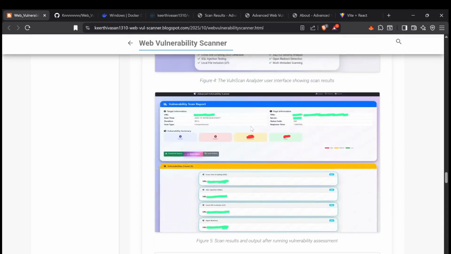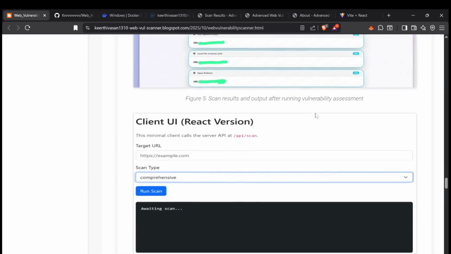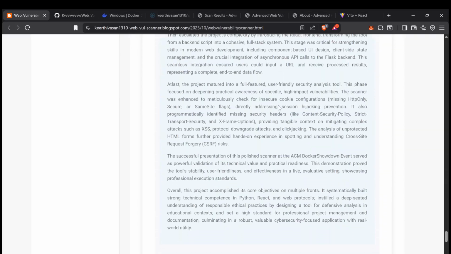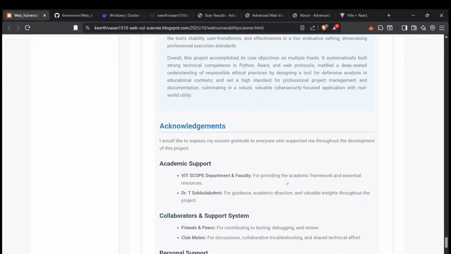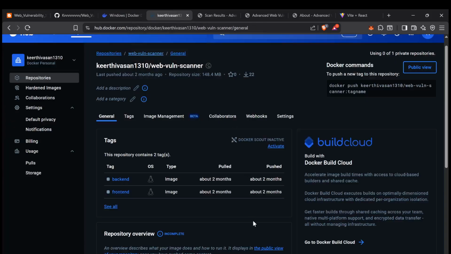This is one real example I gave. I just added this URL and the title, server and all these things. On the other hand, you can find the GitHub and Docker repository links here, and the conclusion is also given. So basically, before ending this video session,